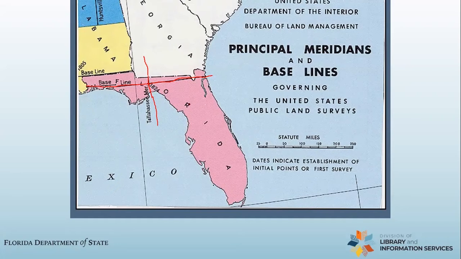And here's the cool thing about it. Not only does it describe every single piece of land in the entire state of Florida at the time the system was being put in, we still use this exact same system to describe the location of land today. So this grid system that these land surveyors put in back in the 1820s and perfected over the course of the 1800s, you can still use that exact same system today. That has the legal force of law to describe where your land is located in 2020, which is pretty cool.